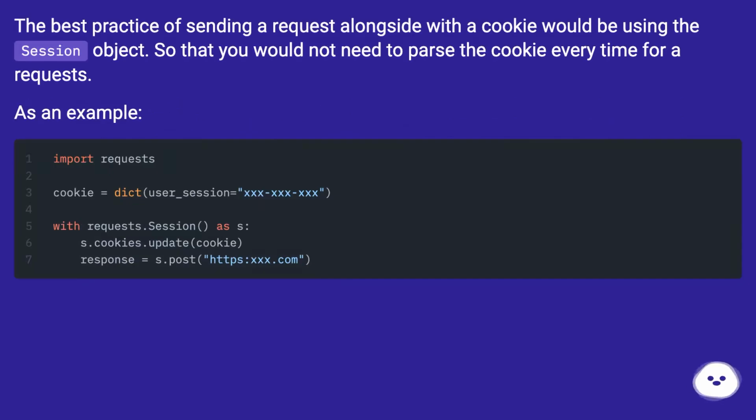The best practice of sending a request alongside a cookie would be using the session object, so that you would not need to parse the cookie every time for a request. As an example,